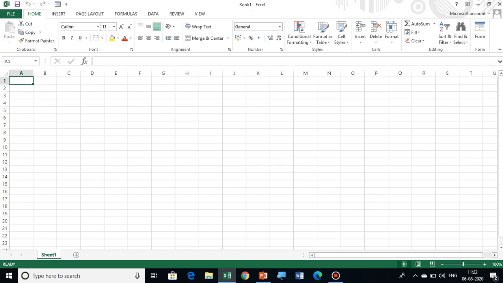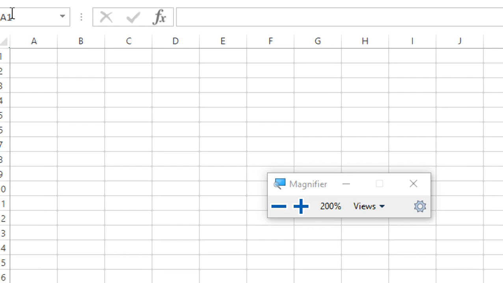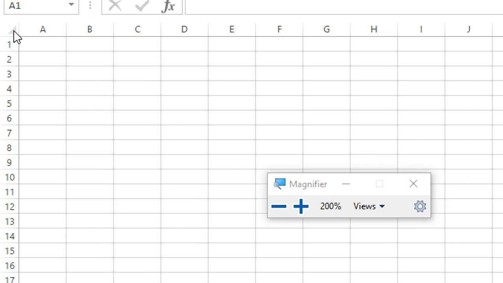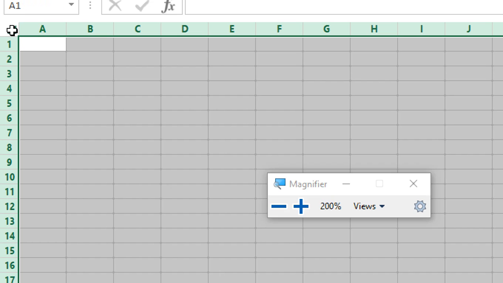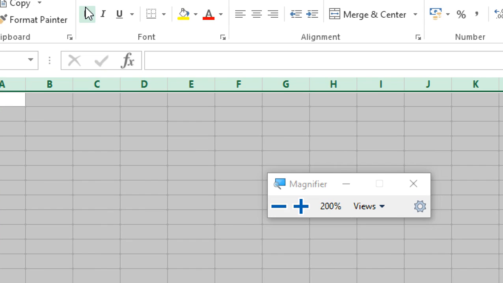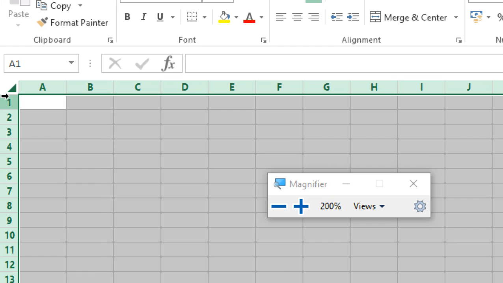Clear? Now first of all, select the entire worksheet by clicking on this arrow. Here you can see the arrow, click on it. So the entire worksheet will be selected. Second way, you can press Ctrl A also. Okay, why are we doing this?